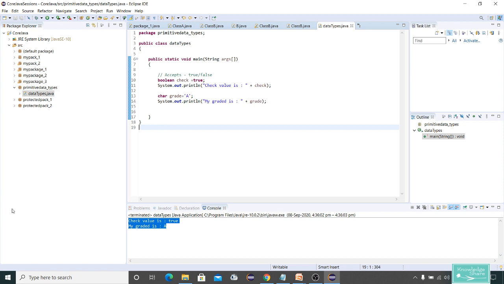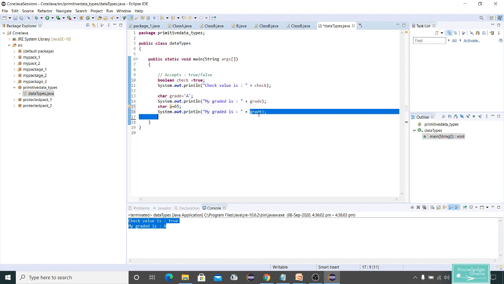I'll show you what this ASCII value means. For example, char a is equal to 65. Is 65 a character? No, but still it is accepting a number.